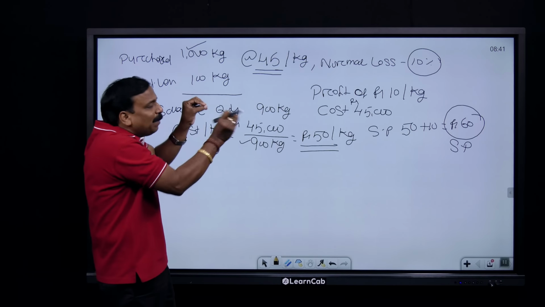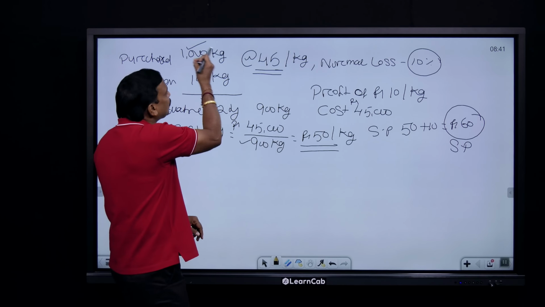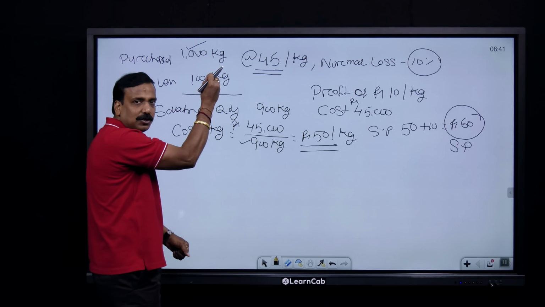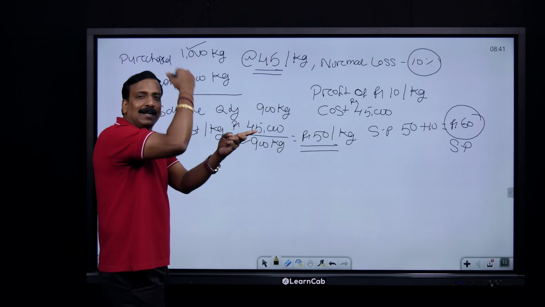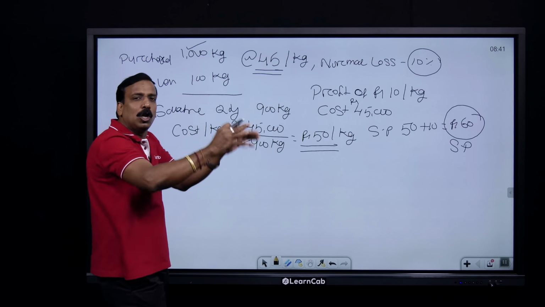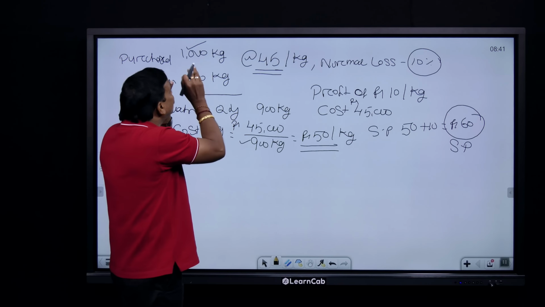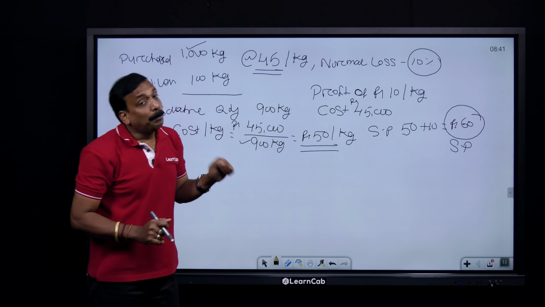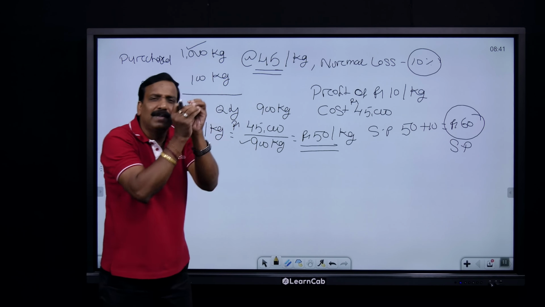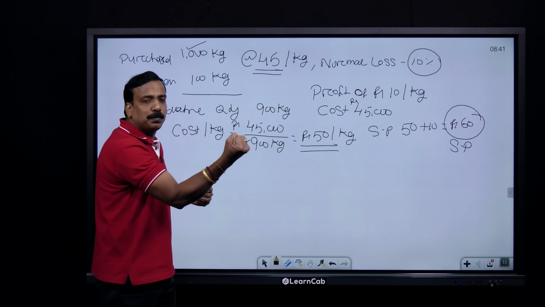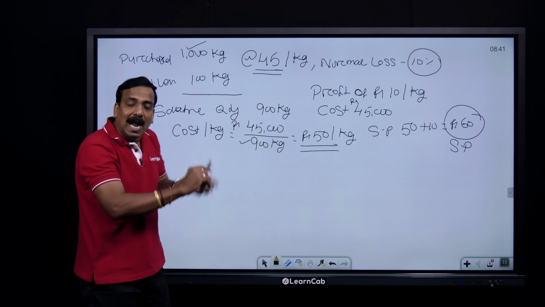Is that clear? Now the same thing, when I take that to consignment, imagine the consignor purchases 1000 kg of goods and sends it to the consignee, right? By purchasing 1000 kg, and incurring transportation, transit, loading, unloading and so on, everything is spent by the consignor and he sends how many kg? 1000 kg. But sellable quantity? Only 900 kg. So how exactly is the treatment in consignment? Very simple. Whatever cost you have spent for 1000 kg will spread over 900 kg and do the valuation